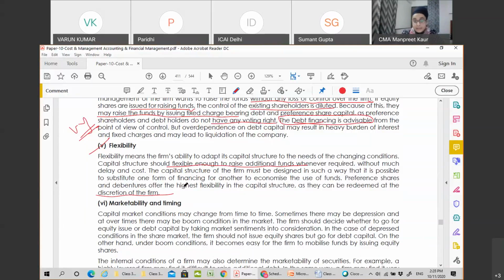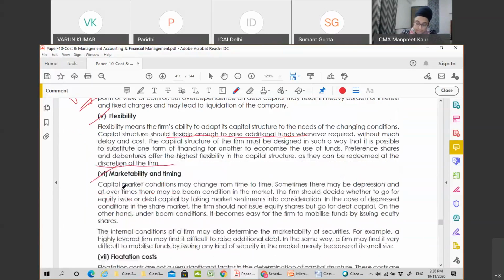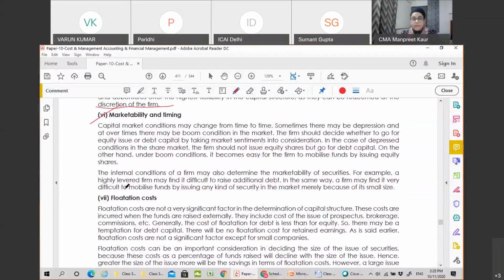That is the flexibility. Next is the marketability and timing. What does marketability mean? Marketability means there are different scenarios. The conditions of the market change from time to time. For example, the company may be in growth, or in a depression period, or on steady sales, or in boom conditions, according to the different conditions and timings of the marketability positions,